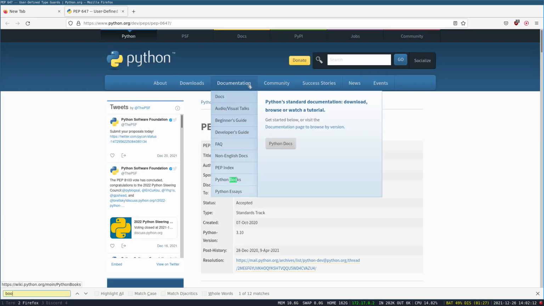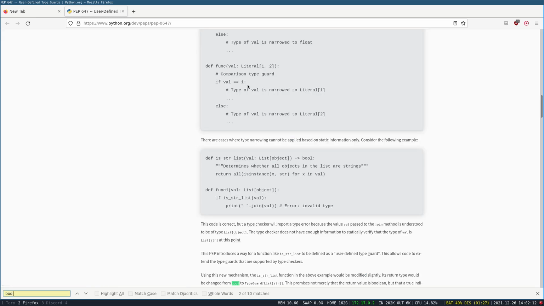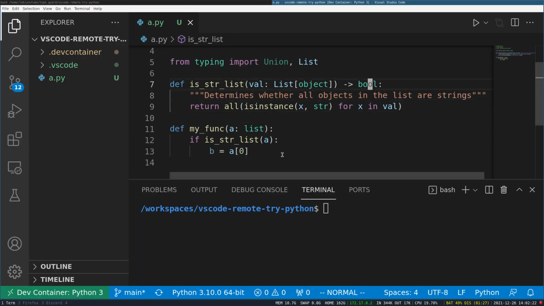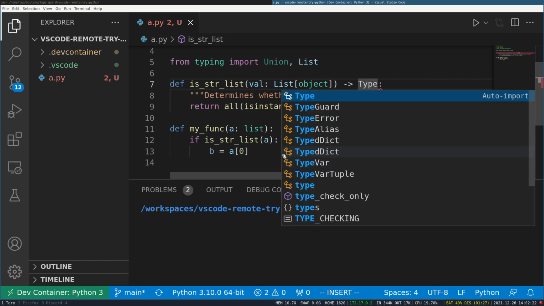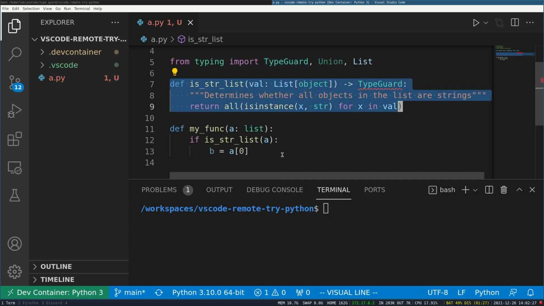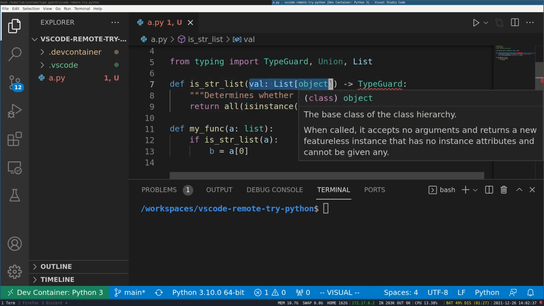Let's search for bool. Yep. So from bool to TypeGuard, as soon as we change the return type to TypeGuard, now we are saying, okay, so this function is a special one. The IDE treats this function as a special function, and whenever this function returns true, this means that the argument that was provided is a list of string, right?